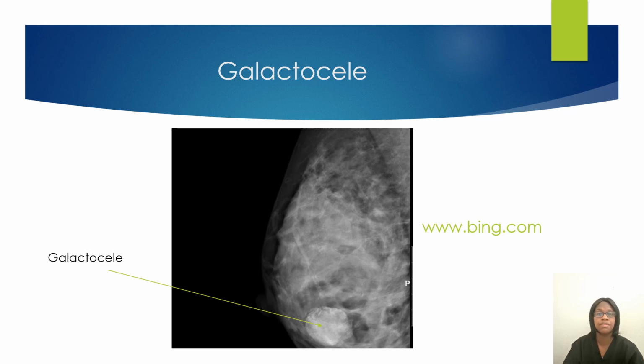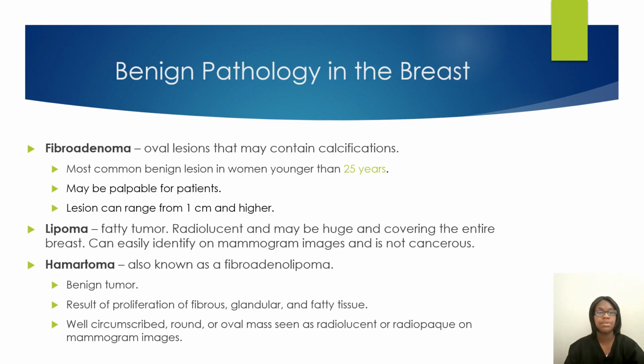This is an example of a galactocele on the mammogram image. Okay, we have our fibroadenoma, which is going to be an oval-like lesion. It is the most common benign lesion in women younger than 25 years old, and may be palpable. It can range from 1 centimeter on up, and the radiologist is going to recommend an ultrasound guided biopsy